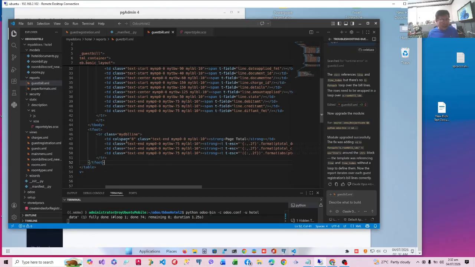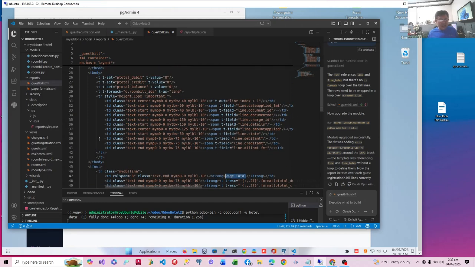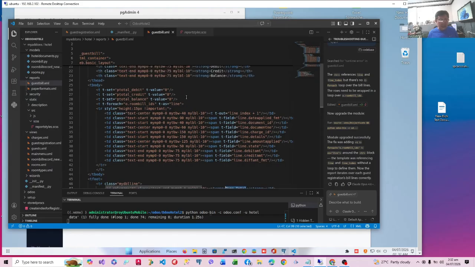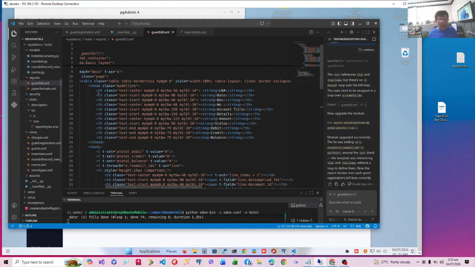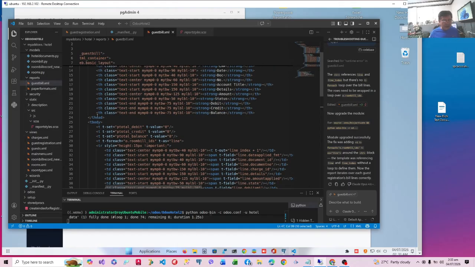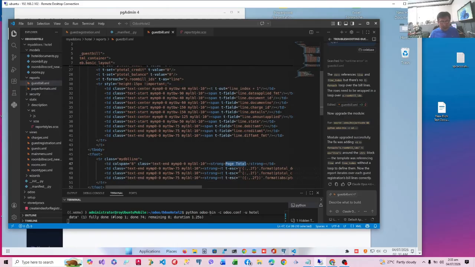And then colspan. What is colspan 8? This field page total will span the first 8 columns of our table. What are the first 8 columns, until state? Is that correct? 1, 2, 3, 4, 5, 6, 7, 8. Yes, that's state. If you look at the footer, that's also state. We should have the same columns as the headers and the footers. So page total will start at column 8. The next TD will be on column 9, 10, and 11.